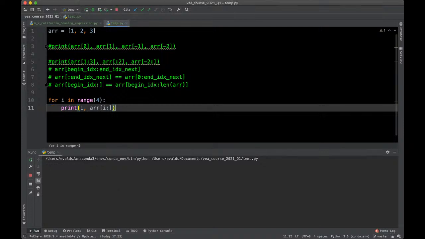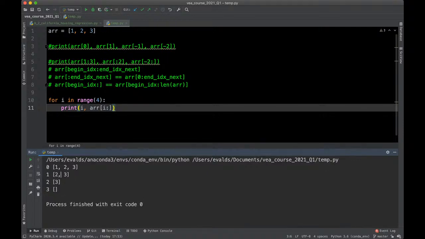So if I run it, you see that the output is that the first will select from 0 till end, second select from 1 till end, third select from the last one, and then when we run over the index, right, we get just the empty array. So